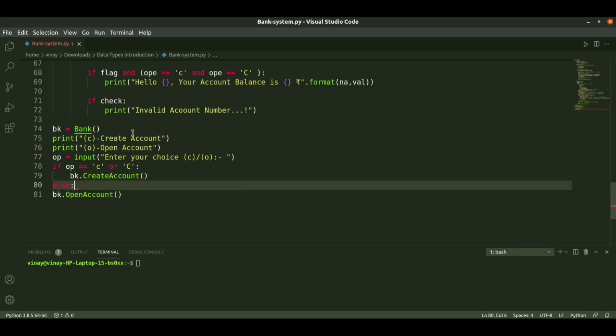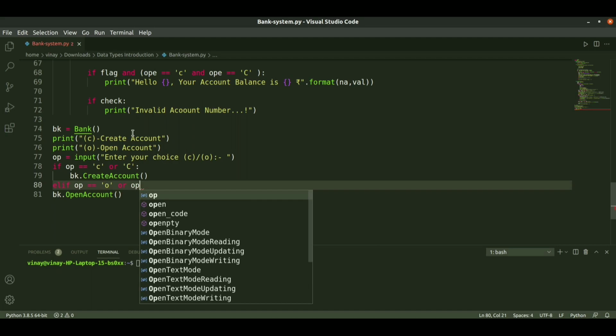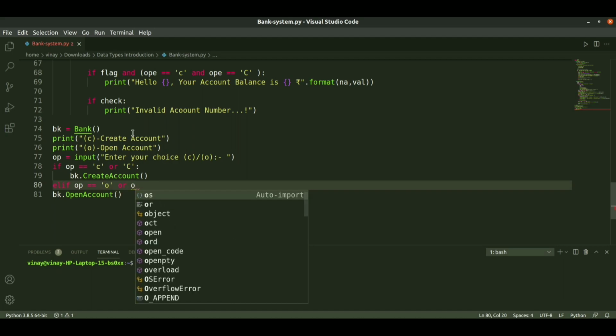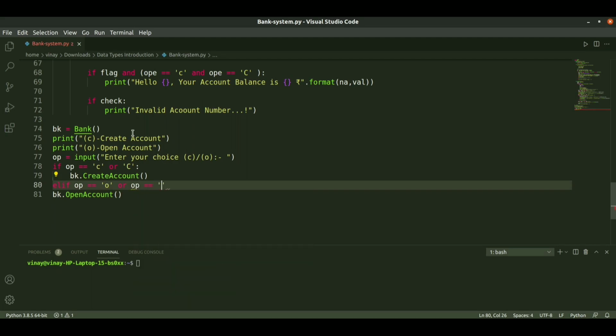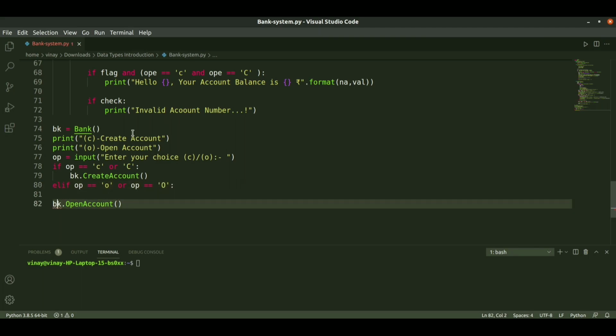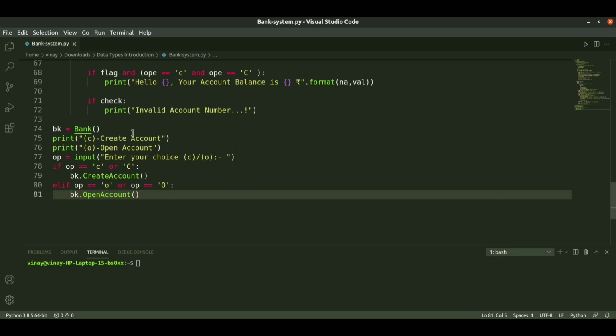Else if it is equal to O, open account, or capital O, then you need to perform open account. That's it, simple code.